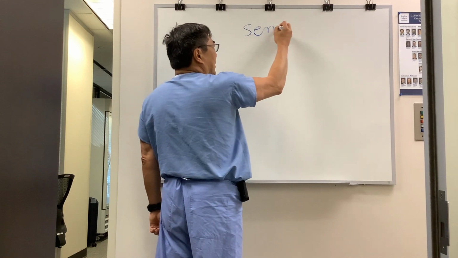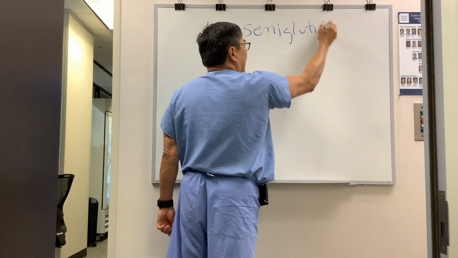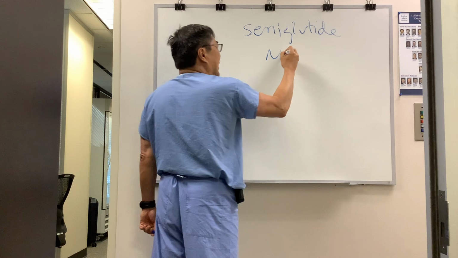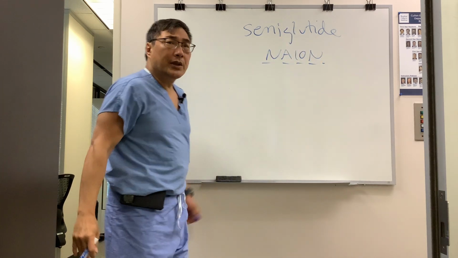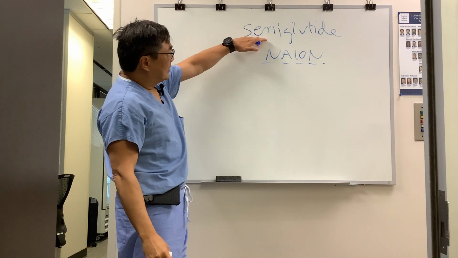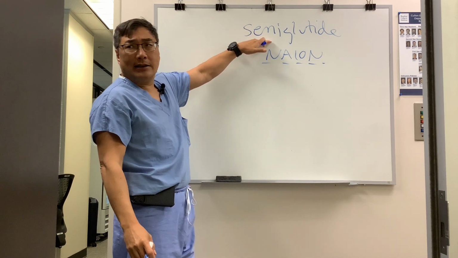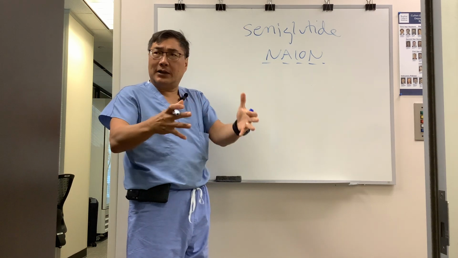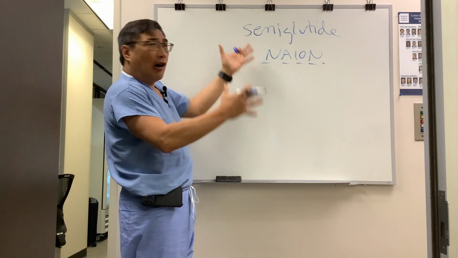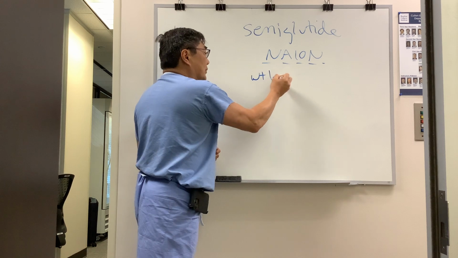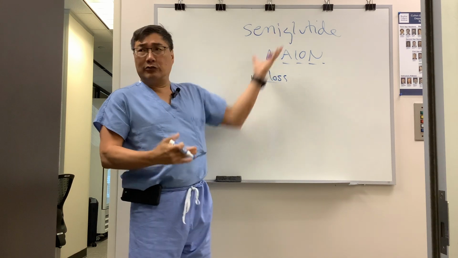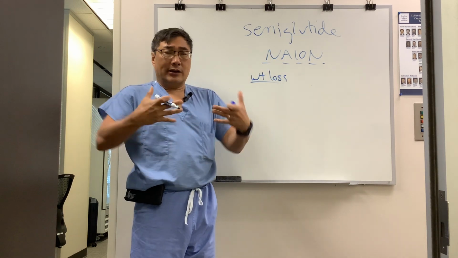So we're going to be talking about semaglutide and NAION, which is non-arteritic anterior ischemic optic neuropathy. So, of course, the reason you're using the semaglutide, which is a glucagon-like peptide-1 analog, is to lose weight. And there are a number of mechanisms by which the semaglutide allows you to lose weight that are based